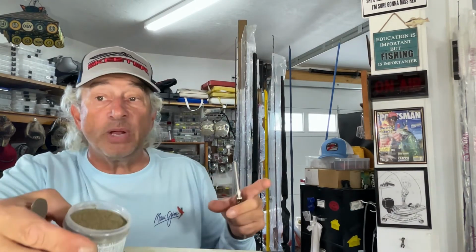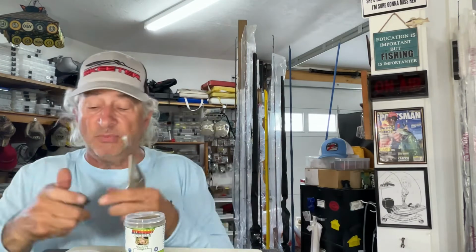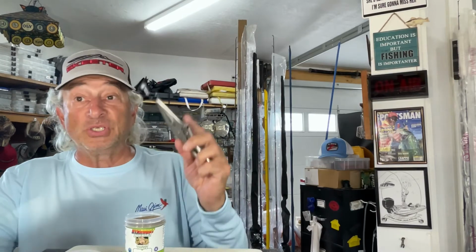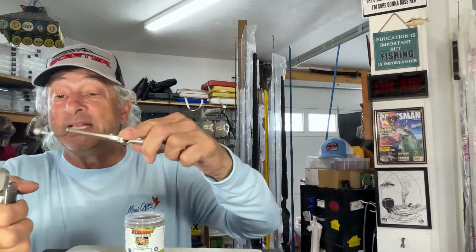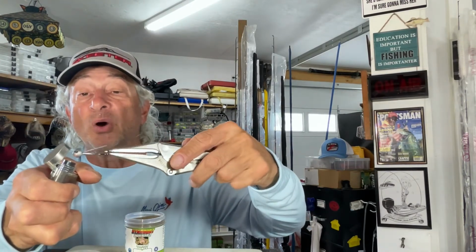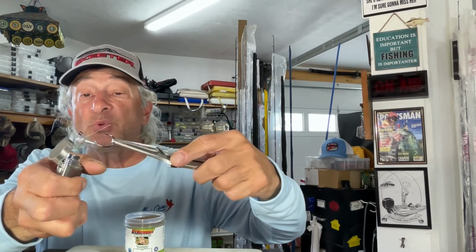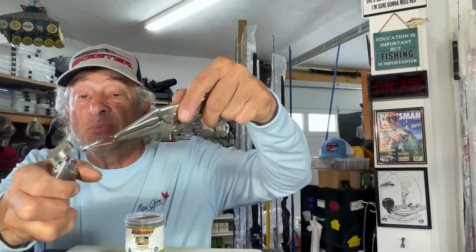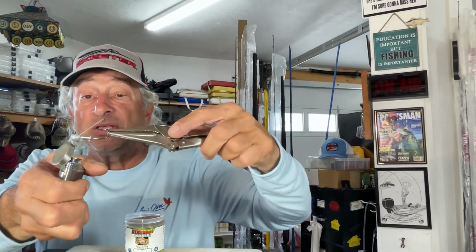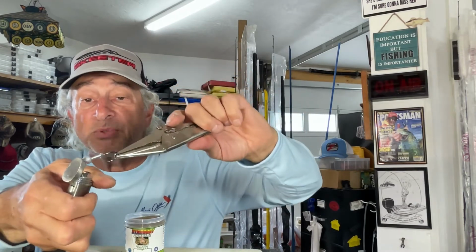And you can see it's a granular powder, just like you'd expect. And we're going to go ahead and heat this up for about 10 seconds or so and get it nice and hot all the way around. And another reason you want to use vice grips, because this will get pretty hot. So I get the flame going. I'm going to go ahead and heat this sucker up. Heat it all the way around, rotate it. I'm not so concerned about getting the body of the bait. I just want that ball head. I want that ball to be nice and hot and get the paint on it, okay? So I'm rotating it around, getting the whole thing nice and hot on the head, upside down near the hook